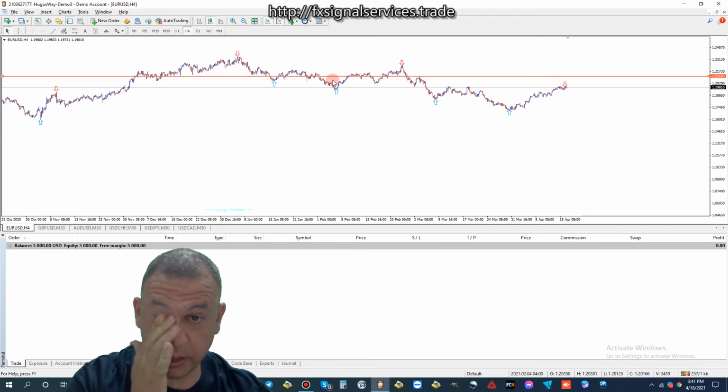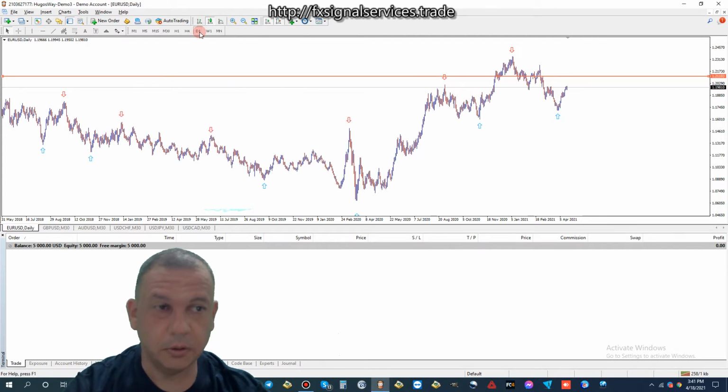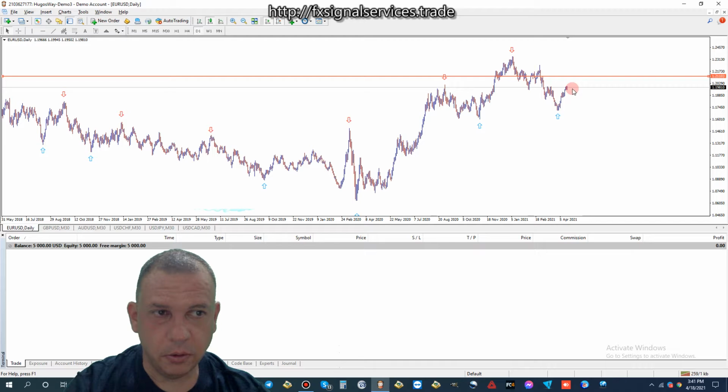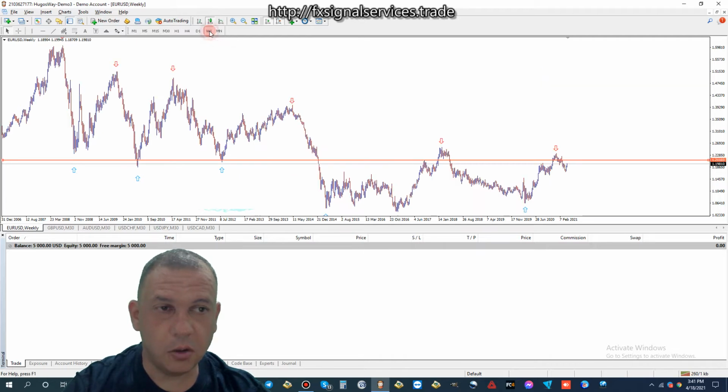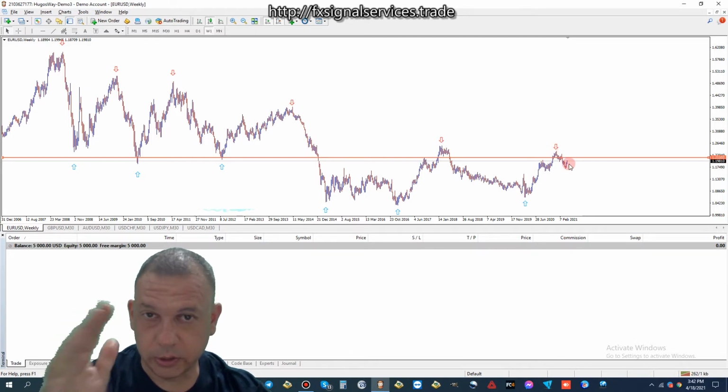Because it is not done going up on the daily chart. Once we see this go up, I don't think it's going to go as high as what I'm showing right here, but it's definitely going to go up some more, and it will form a red arrow. For all intents and purposes, however, the weekly chart is showing the sell, so we know this is going to be dropping.